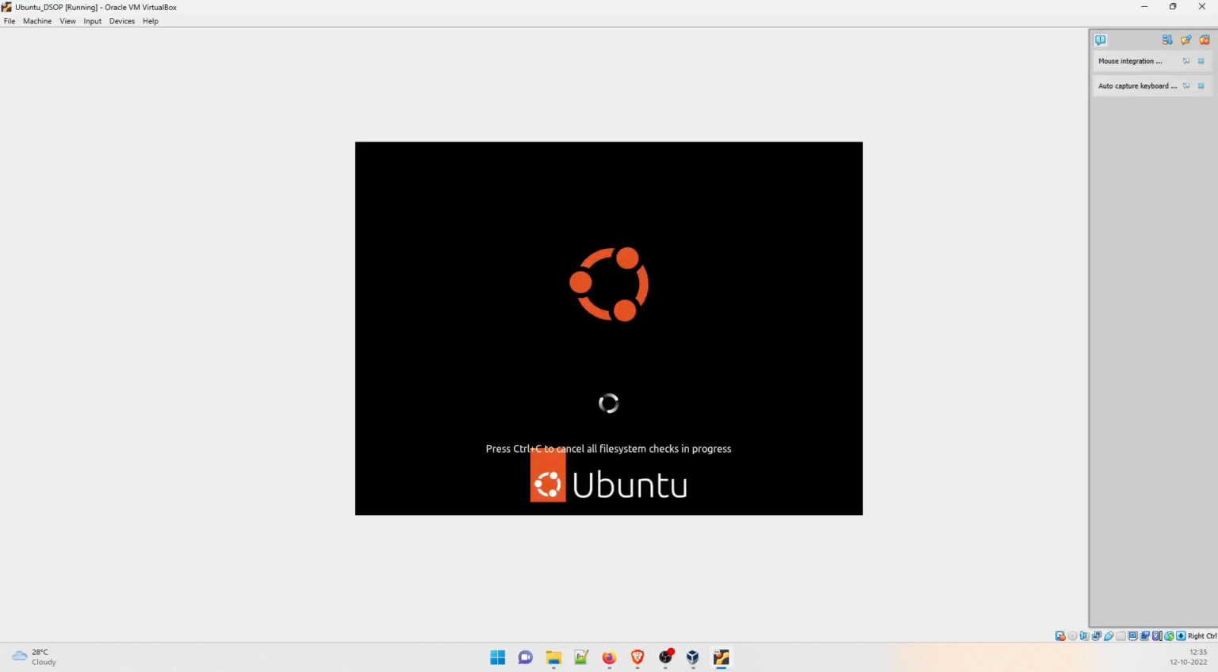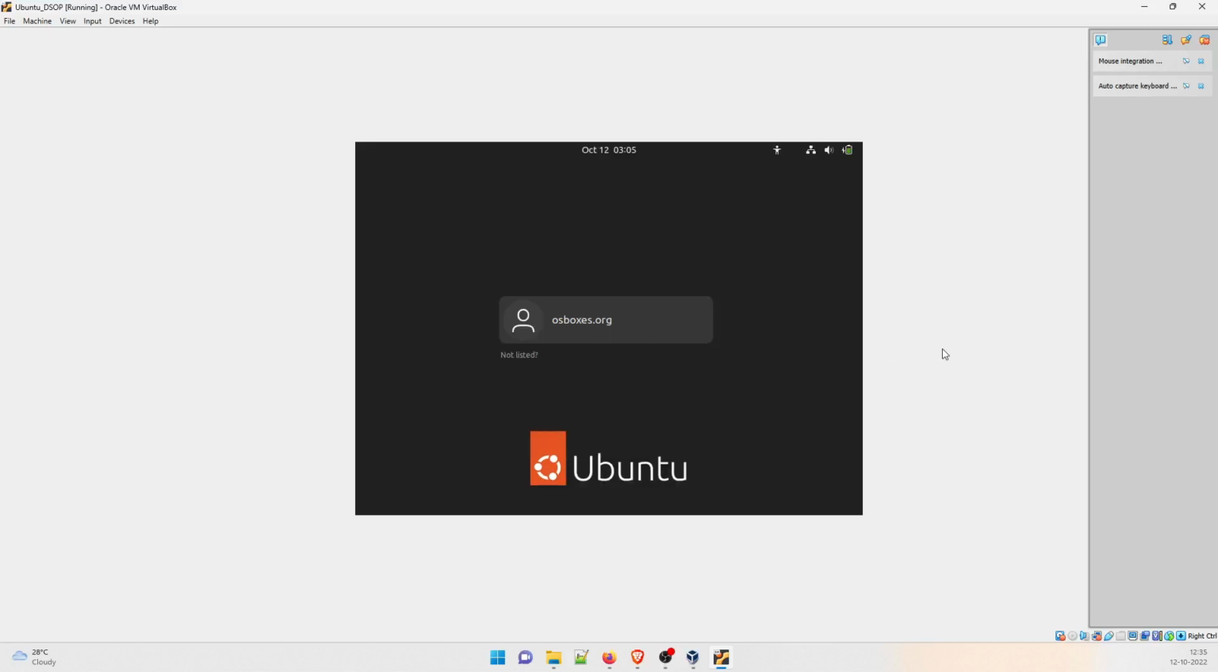Okay, so let me expand it a bit. It'll take its own sweet time. Press Ctrl C to cancel all the file system checks in progress. Let it happen. Okay, perfect. osboxes.org. The password is osboxes.org. Hit enter, and then you can see that it is going to take some time because this is the